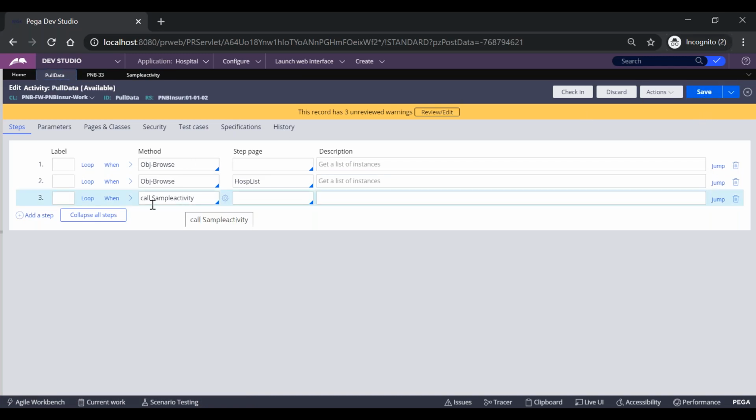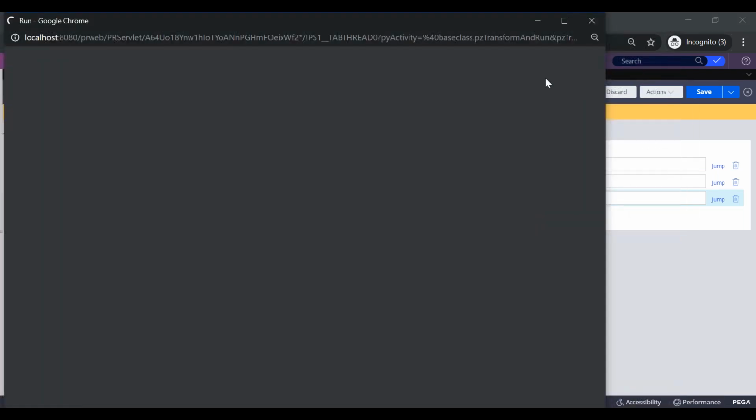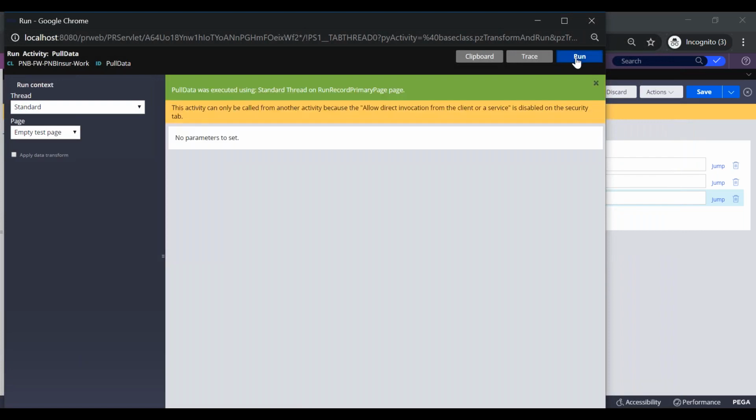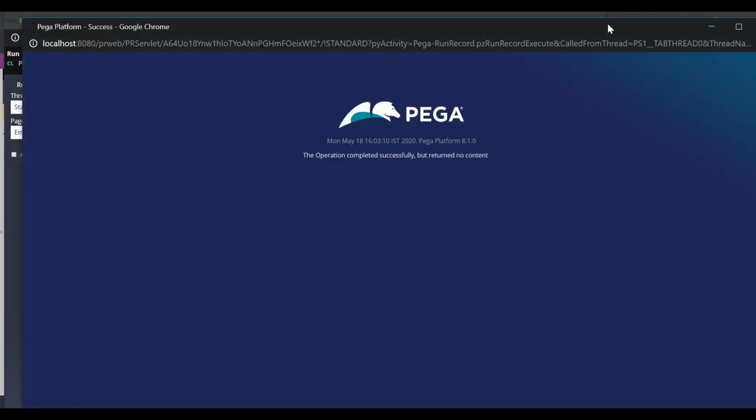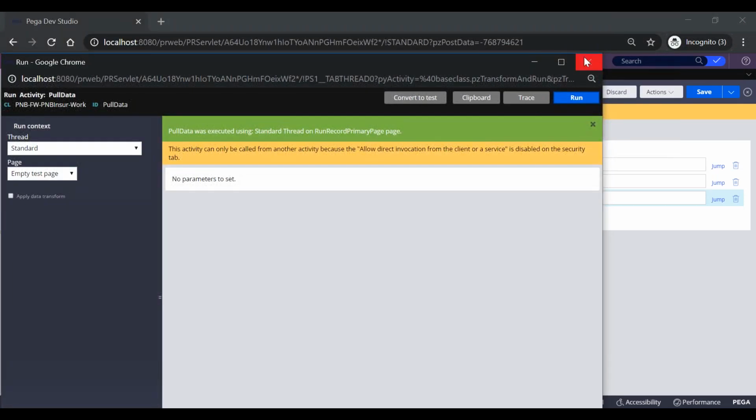If I run this now, we can see that step number 3 has no step page defined. So step number 3 should be executed on run record primary page if I'm running this standalone. Let us see. If I'm running this activity from the flow, step 3 should also be executed on PY work page.